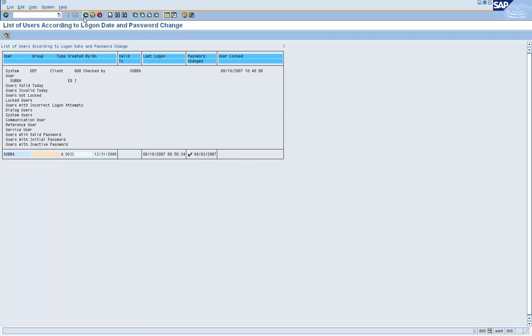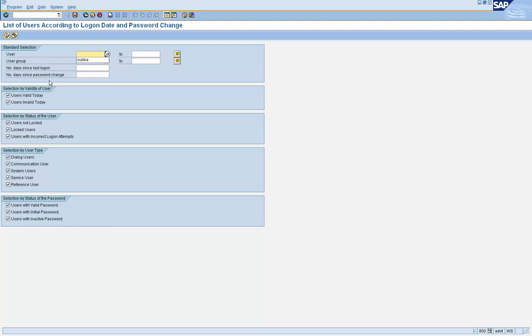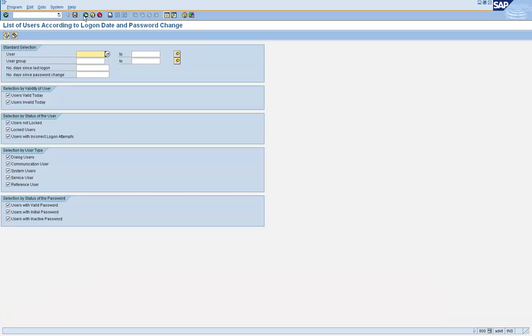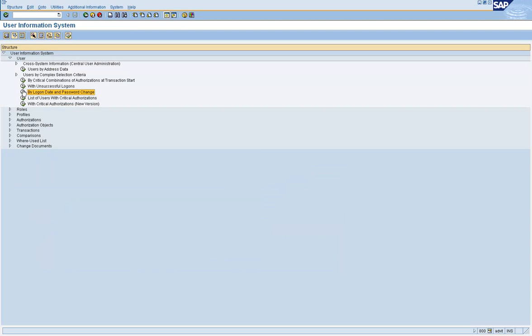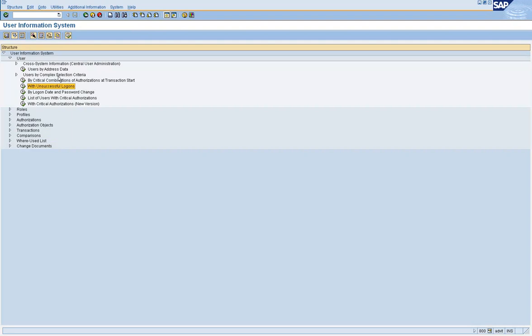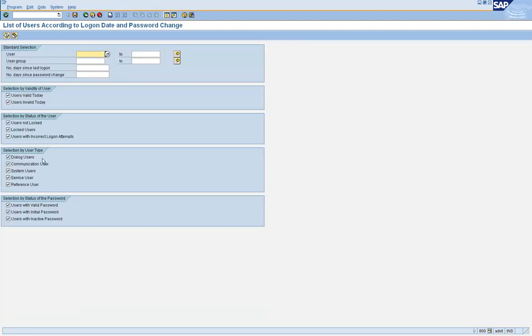Now if I don't give a name here, it is going to display the same information that you saw before. You saw this option, right? Unsuccessful logons. You will get the same list here again, and plus it will give you the remaining pieces of information also. So if you want to find out dialog users who have never changed their passwords,